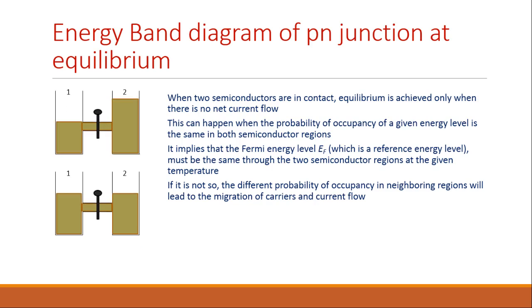Fermi level is similar to the liquid level in a container, or it can be compared to the temperature of a body. Their equality throughout a medium ensures no flow condition and hence an equilibrium state. The equalization of Fermi levels in two different regions can be understood clearly with the help of the following analogy.